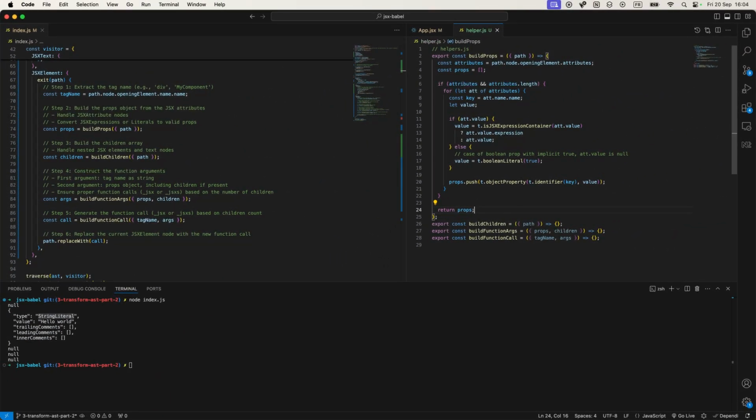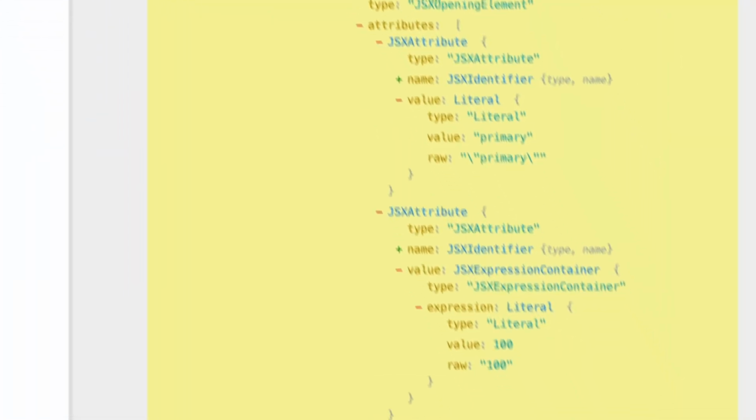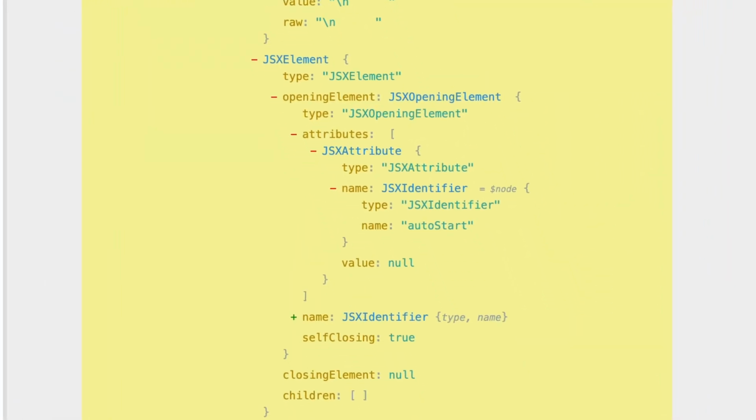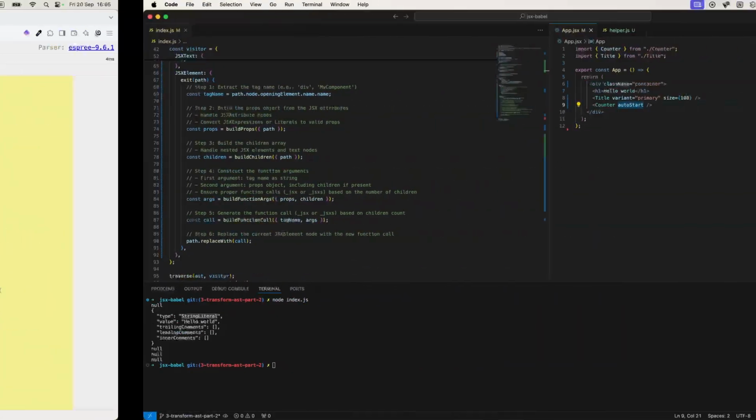There is another case, the third case. It's when the property is a Boolean, but without any value, which is the implicit true value. In this case, the value is null, so we need to handle it as well. So when an attribute has no value, it means that it is a Boolean. For example, like here, it's autoStart. This node will have no value. Let's see it in the AST. Yeah, so as you can see here, the value is null for the attribute autoStart. So to handle it,